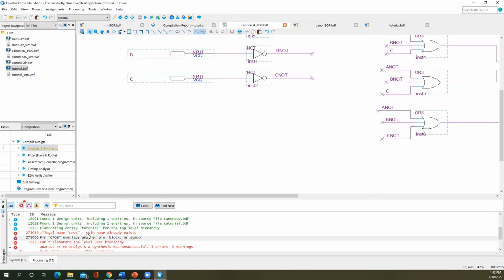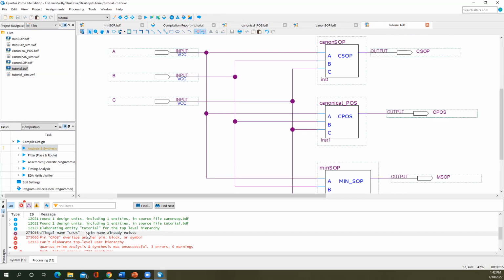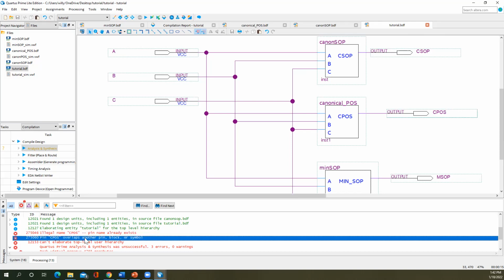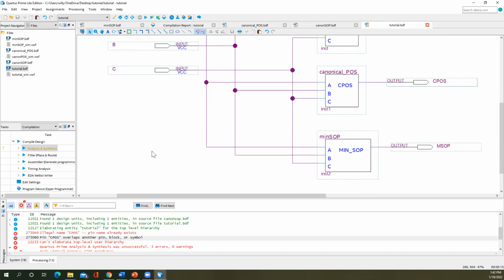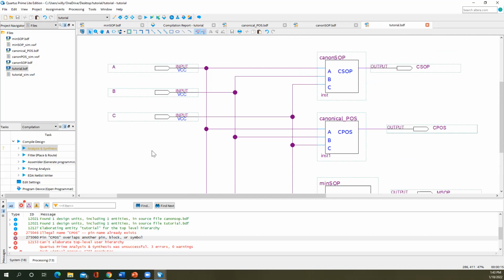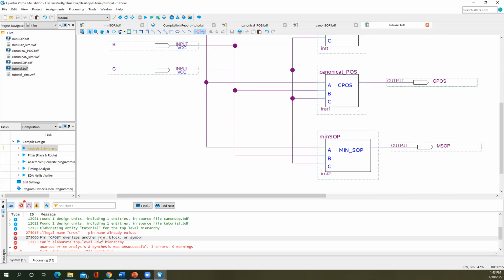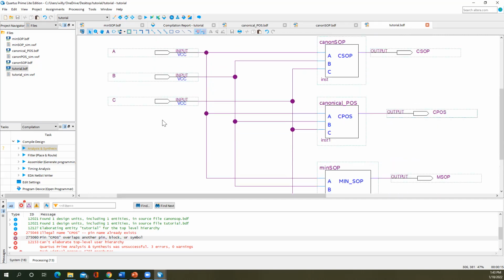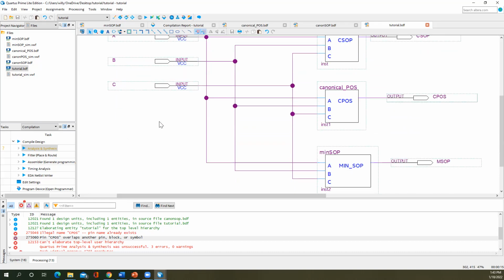So usually when we get an error, if we double click, that usually takes us to the file telling us where the error is. But it's really not taking me. Sometimes it'll take you to the actual block or pin. When I click on that, I'm not seeing it take me there. What I'm going to do is,